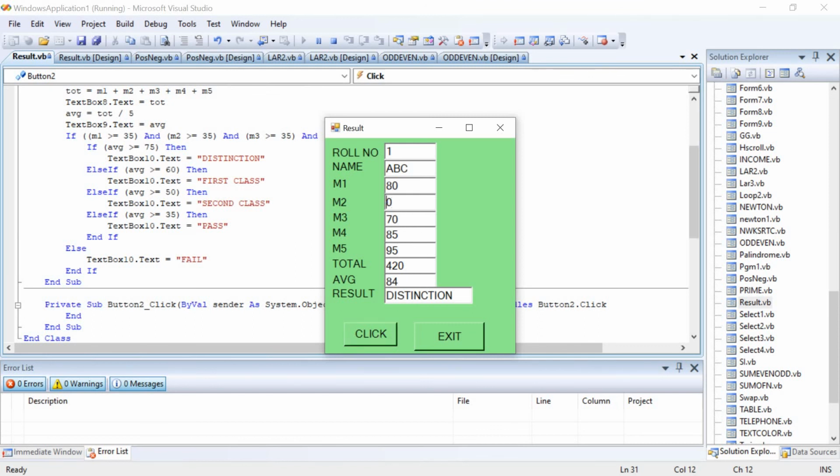Suppose I make here 60, then 60, then here also 60. Let's see what will be the result. Right? If the particular student has failed, then exit to close the window or the application.